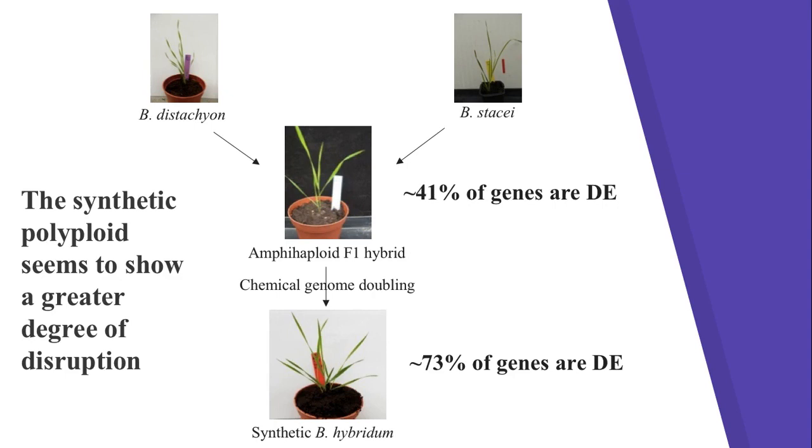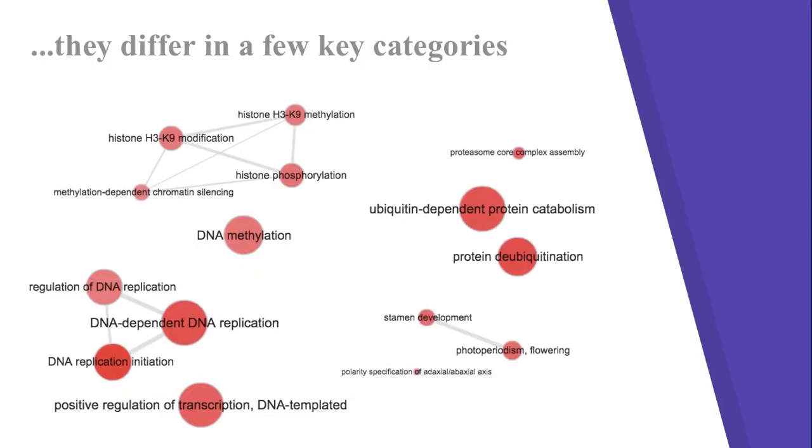So I took the two lists of differentially expressed genes from these two experiments, and I compared them to each other, asking, are there any functional categories that are misexpressed in one polyploid but not the other? And that's how I produced this figure. And in particular, I'd like to draw your attention to this little cluster right here, which shows that functions involved